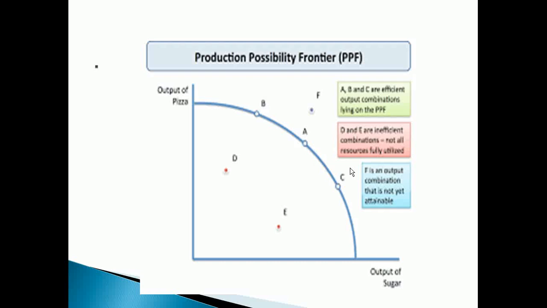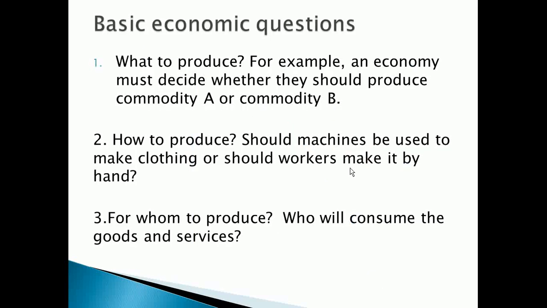There are various basic economic questions that organizations, individuals, and businesses must ask in production, in purchase, and in the daily running of the business. The first question is what to produce. This has to do with the decision on the most relevant, the most useful, the most economical, the most beneficial product per time. For example, an economy wants to decide whether it should produce kitchen appliances or computers, whether they should build bridges or build libraries.